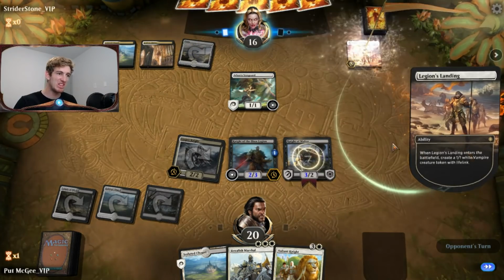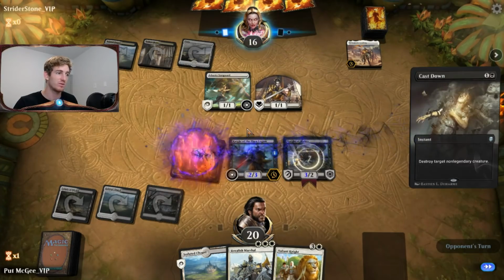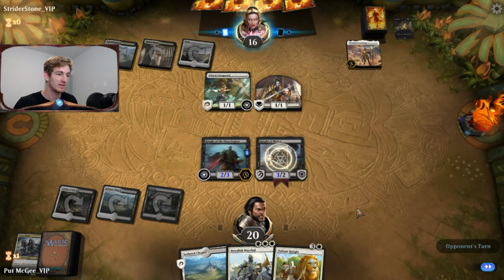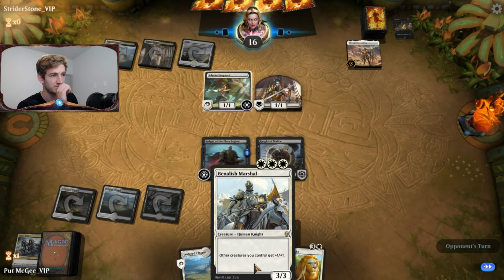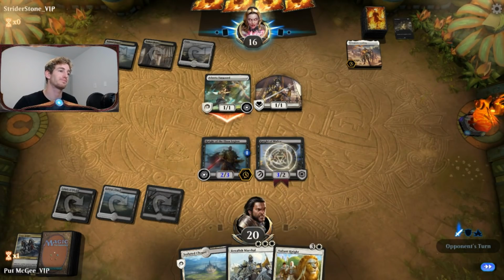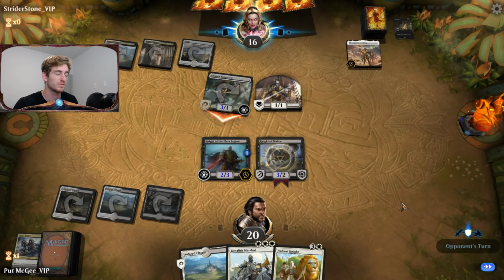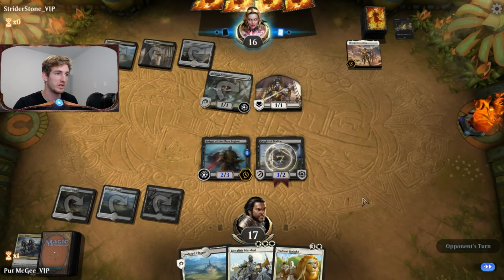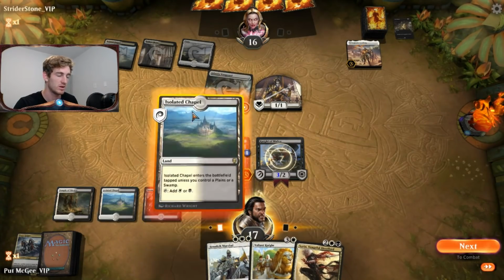Legion's Landing. Don't love that. Particularly Cast Down on my Corpse Knight. That's mean. It's uncalled for, frankly. Yeah, I'm going to take... Wait a second. Do I... Yeah, no blocks. I'll take the 3 damage. Unfortunately, it doesn't get up to 4 for the Knight of the Ebon Legion play, but...